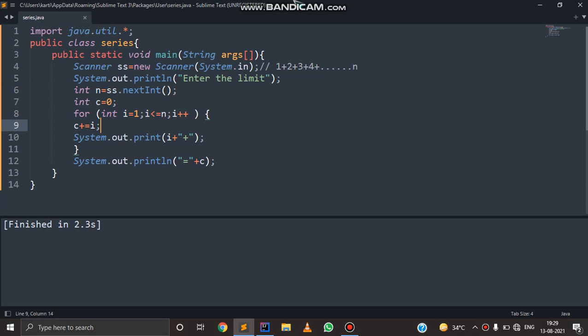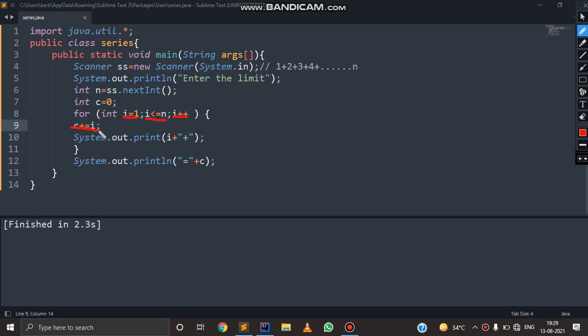So first let us understand the logic of this program. We initialize a loop and we start with 1, it ends at the number given, like 5, 2, 3, anything, and it increases by plus 1 every time. Here is where the main thing happens: we print the series and the sum of the series.